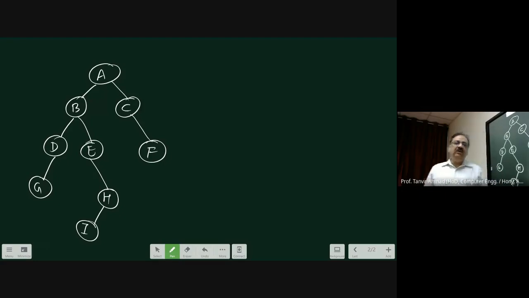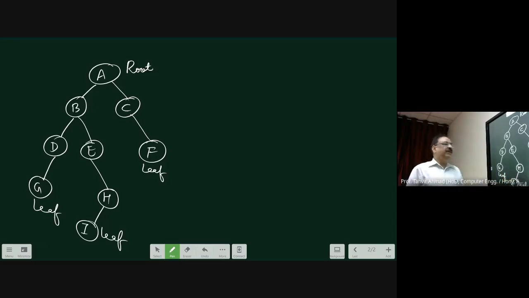Binary trees are the ones where the maximum number of children is only 2. Therefore, when we talk about a binary tree, it is basically n equal to 2. When I talk about other trees, they can have more than 2 children also. Therefore, this is a binary tree where this is the root and these are leaf nodes, and other nodes are having one child or two children.